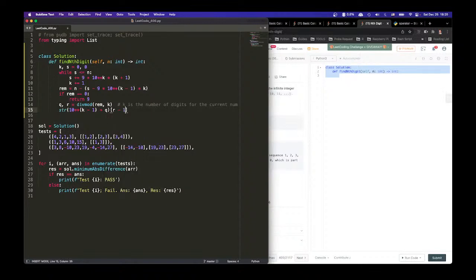So what if r is 0? If r is 0, which means we have blah, blah, blah, that's the quotient, right? That's the quotient. And that's not the next one. So we shall return this if r, which means if r is not 0, else if r is 0, then we shall return